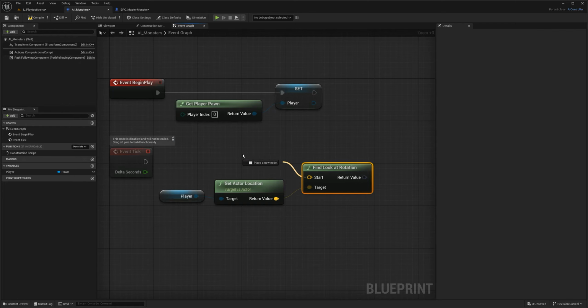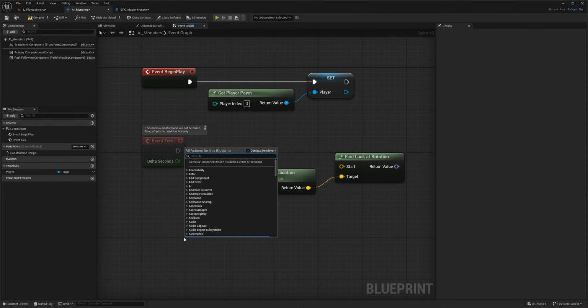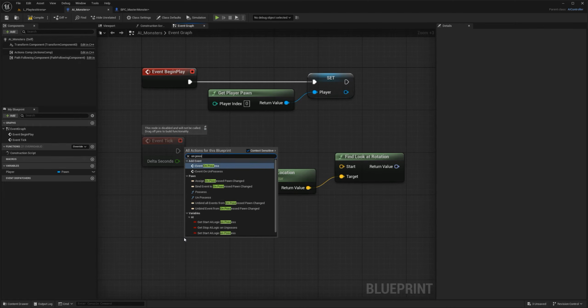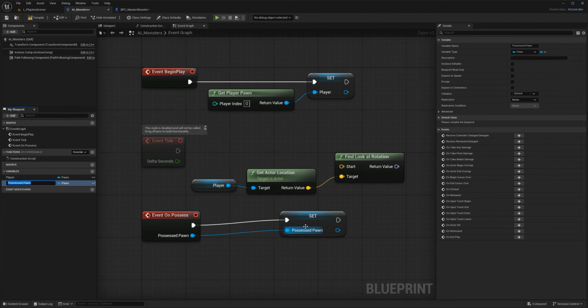So we need to make a way to expose that into a variable. That one is very straightforward because we've been doing this often. So we can say on possess as an event, which is essentially meaning when the monster blueprint is possessed, give me this thing here, promote to a variable, boom, give me the possessed pawn.